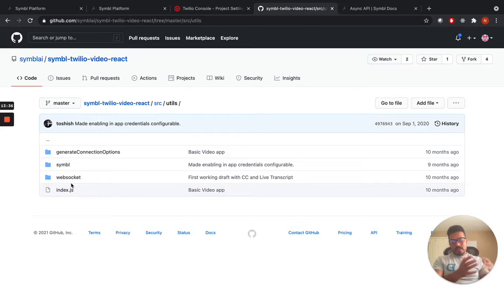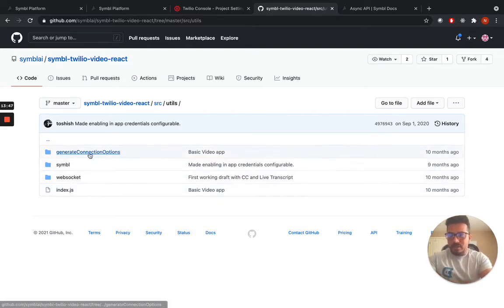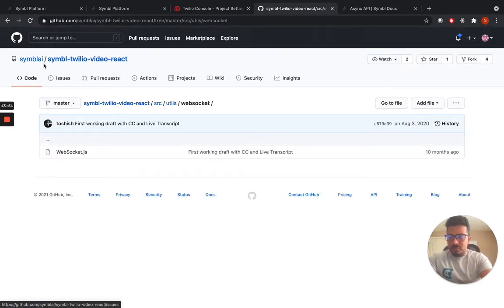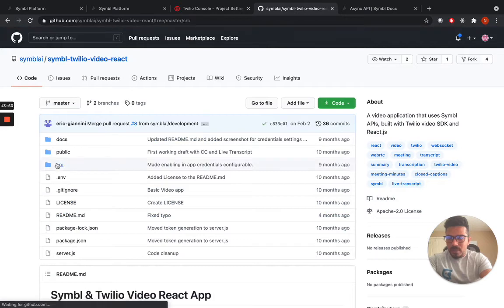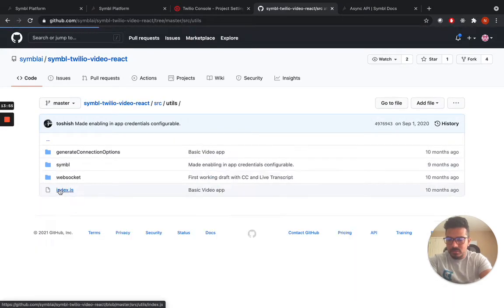Symbl then analyzes that stream in real time and sends it back to this application. So there needs to be an integration where Symbl can get that stream from the Twilio video SDK. Let me go back: source, utils, and Symbl.